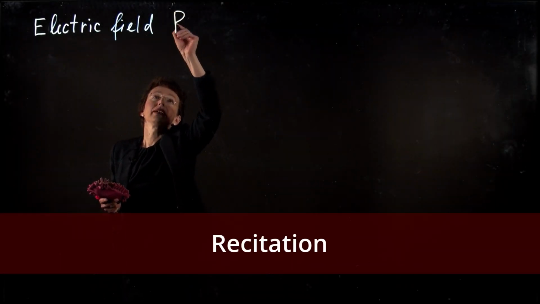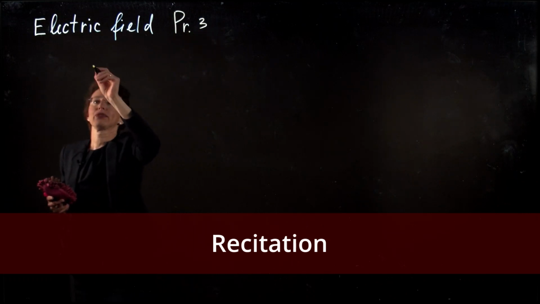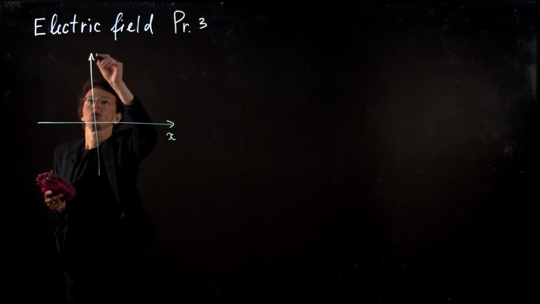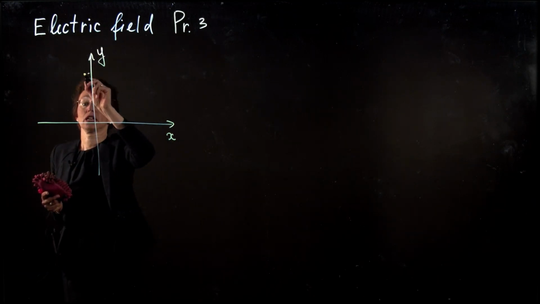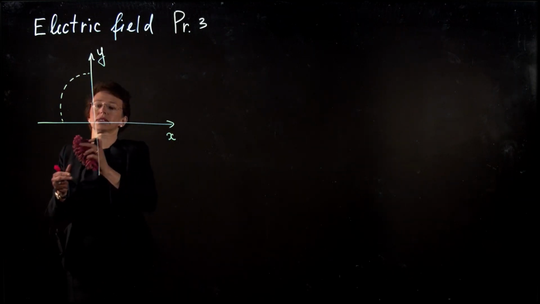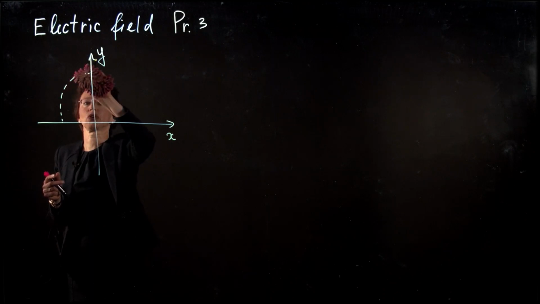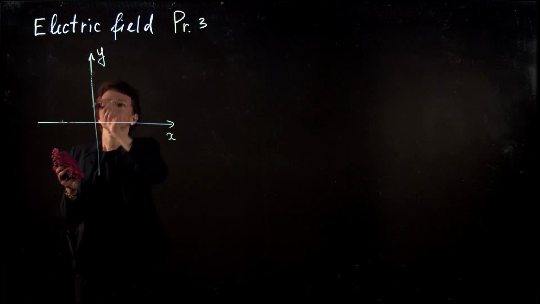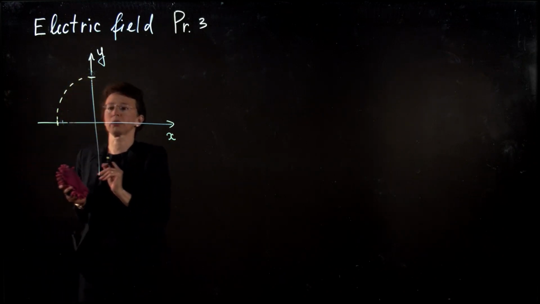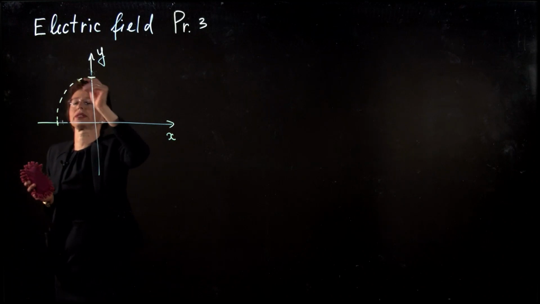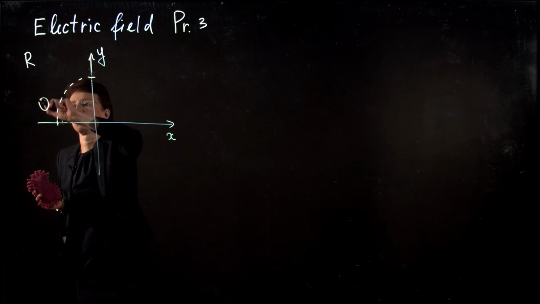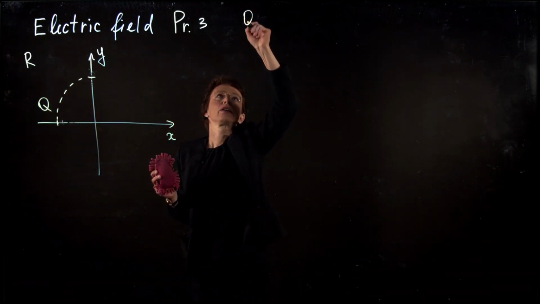For problem 3, we will have a quarter of a circle, x, y. Now I need a circle. This is a quarter of the circle. The radius of this circle is r. Let me try it again. So this is r, and this will be my quarter of the circle. Much better. So the radius of this circle is r, and charge q is uniformly